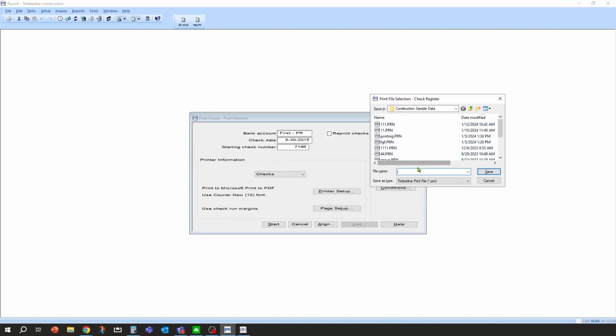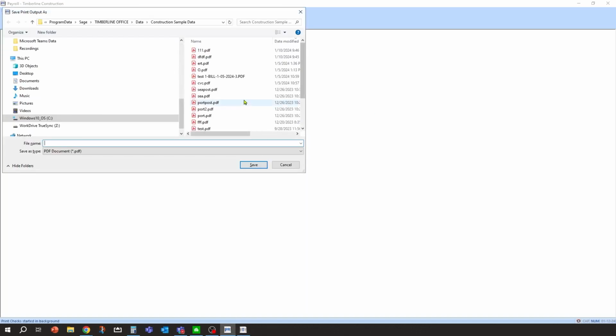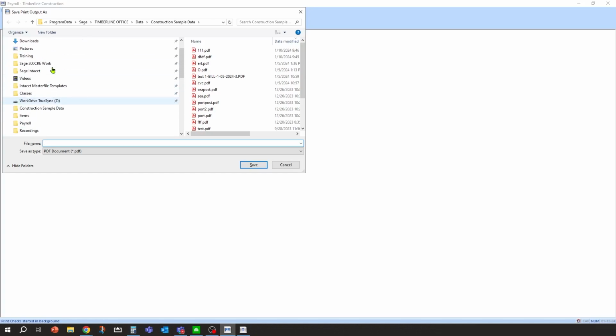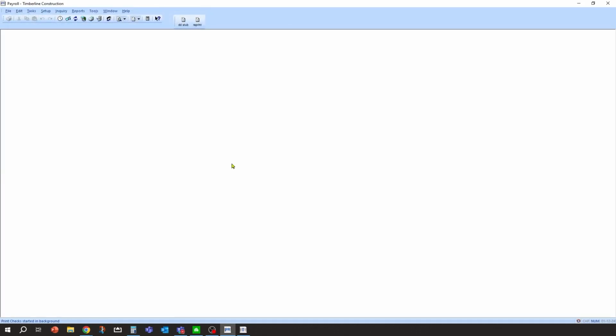And it's going to ask us to name the check register. And it should pop up the PDF. And we'll put that right to my download folder and we'll just call it check. And we'll let that generate.